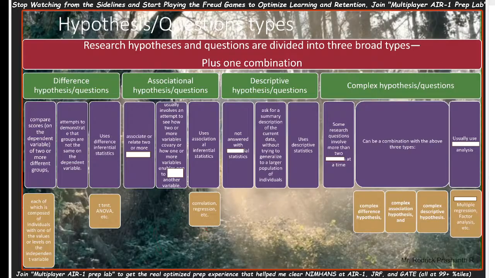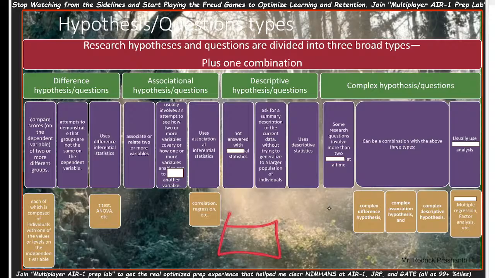But on the other hand, when you talk about an associational or relationship-based hypothesis, you need two variables that will be measured on the same group. You don't need two groups, but you need two variables. For example, IQ and maybe happiness or GPA. So you cannot compare the IQ of, let's say, class 10 with the happiness of class 8. You cannot do that. You need the same group